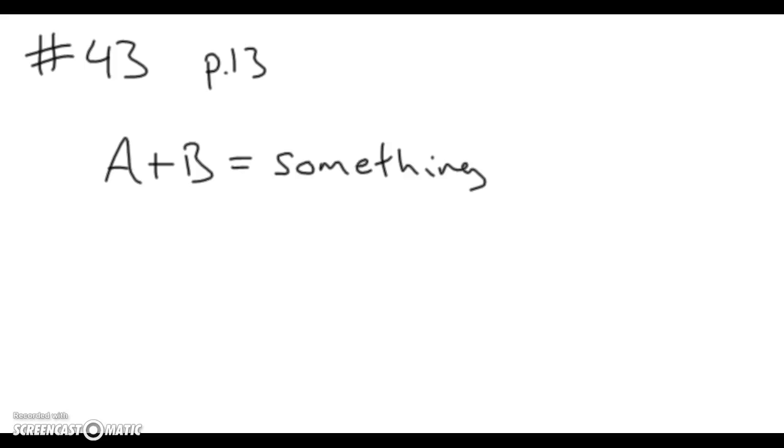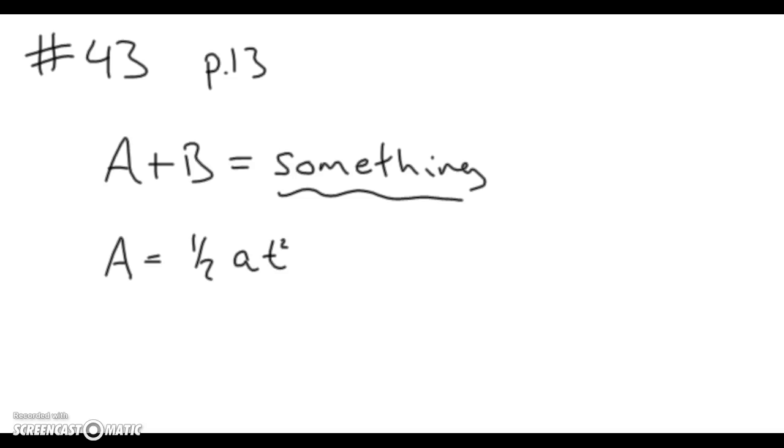As an example problem that gets us looking at units as a way to help understand what's going on in a problem, number 43 on page 13 gives this hypothetical. Says you have to add A and B, and that's going to equal something. They're not very descriptive there, but they are descriptive in describing what A is. They say, for example, we know that A is equal to 1/2 little a t squared, and then we know